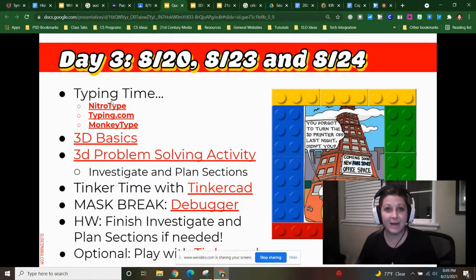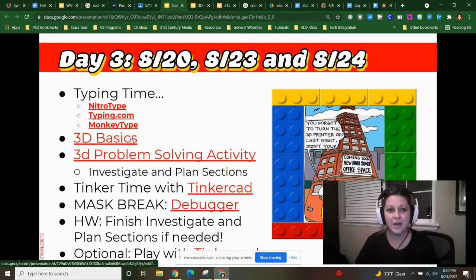So we're going to have about 10 minutes of typey time where you can do NitroType, typing.com games or lessons, or Monkey Type. Remember, escape and then Funbox gets you the weird things like earthquake mode. After we do 10 minutes of typey time, we are going to pick up on the 3D basics and the